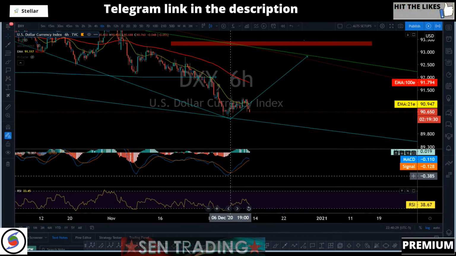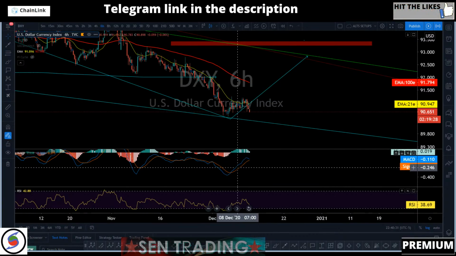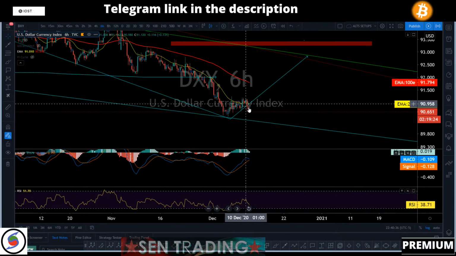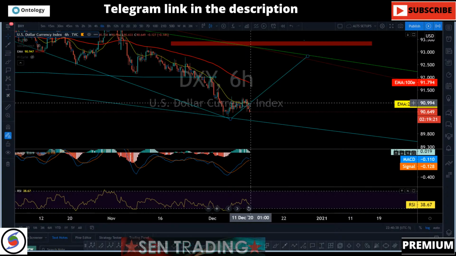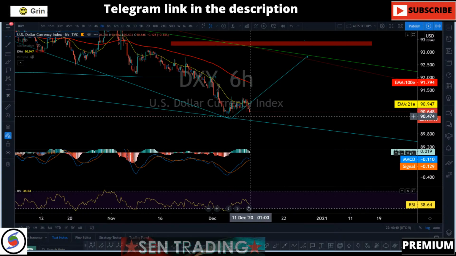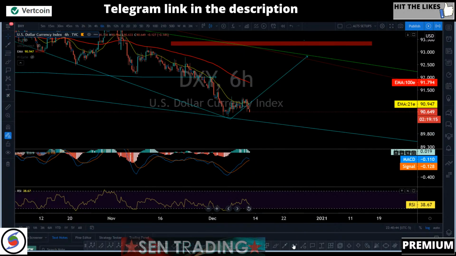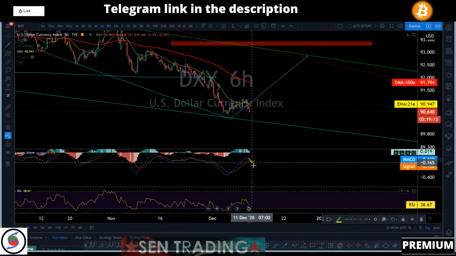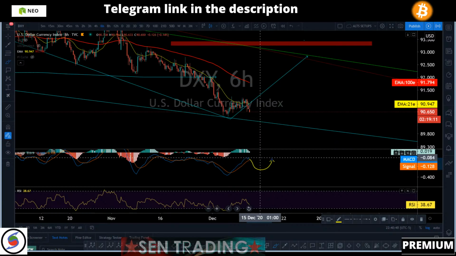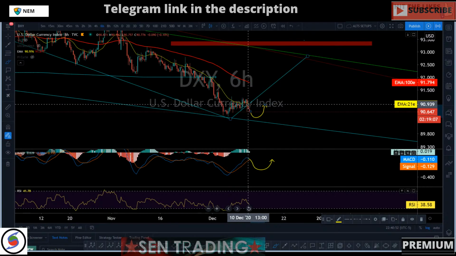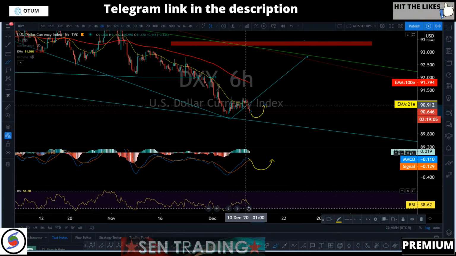MACD already crossed bullish, price action did not close above it, got rejected. We're gonna need a 3rd close above the 200 EMA. As long as we're staying below the 200 EMA, it's not going to look healthy. Can we get a double crossover also on the MACD? That's possible, right? It means price action still has to struggle to push above the 200 EMA.